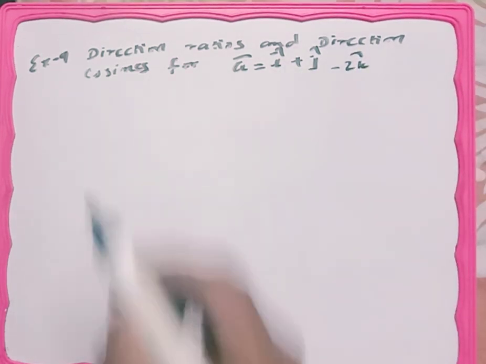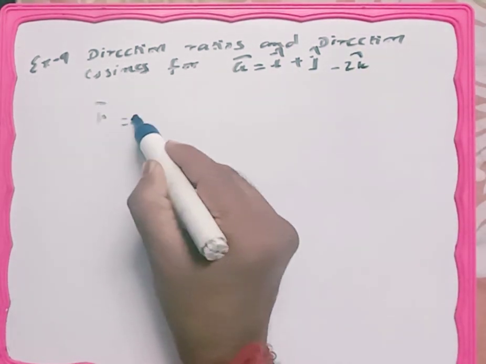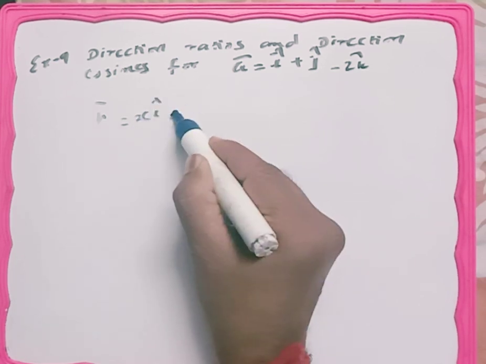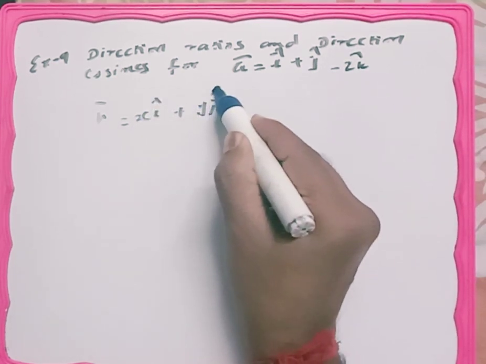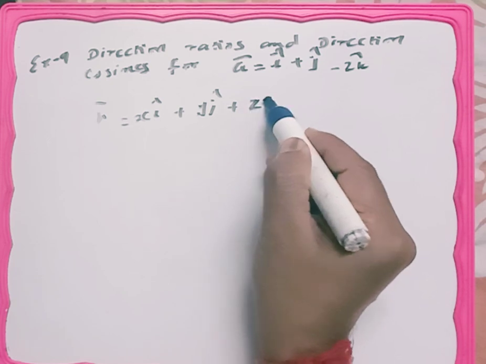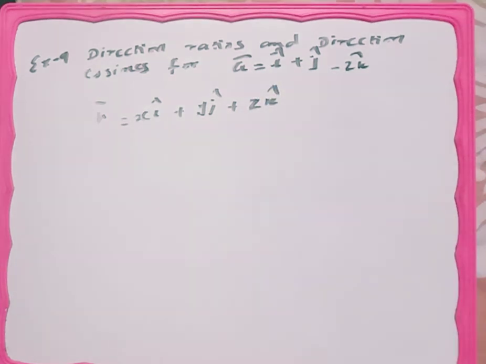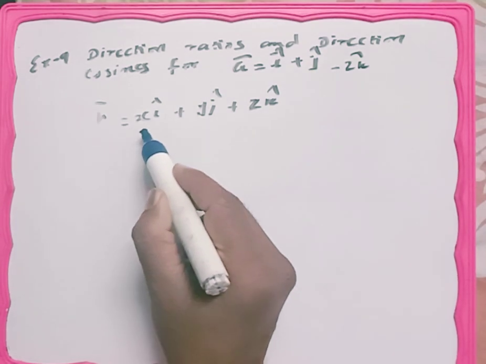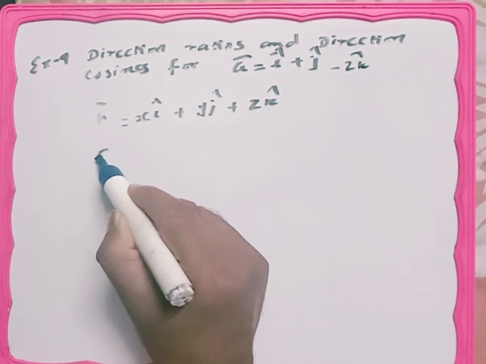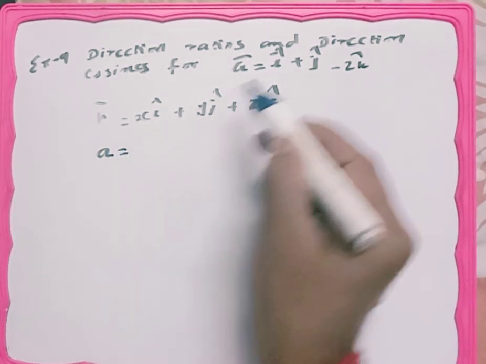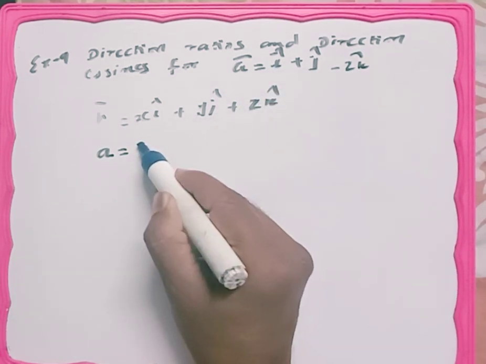So we know that r bar equals x i cap plus y j cap plus z k cap is a vector, then its components are its direction ratios. So here direction ratio A equals the i coefficient, which is 1,